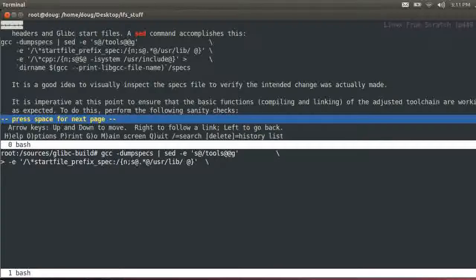Let's see, sed TPL start file underscore prefix underscore spec, stop, slash encapsulate n semi s at dot all at user lib. Good. Very hairy right now because you really don't want to screw that part up, and I just screwed it up really bad. CPP